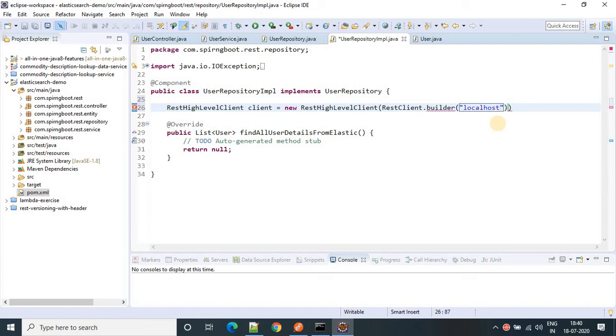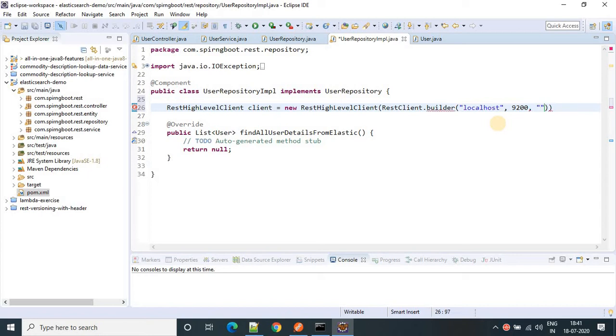And the next thing I have to provide is the port number, the port on which Elasticsearch is running. I already explained in my previous video how we can install Elasticsearch in our local machine and how we can run it. So it's running on 9200. Now we have to tell which protocol is going to be used.